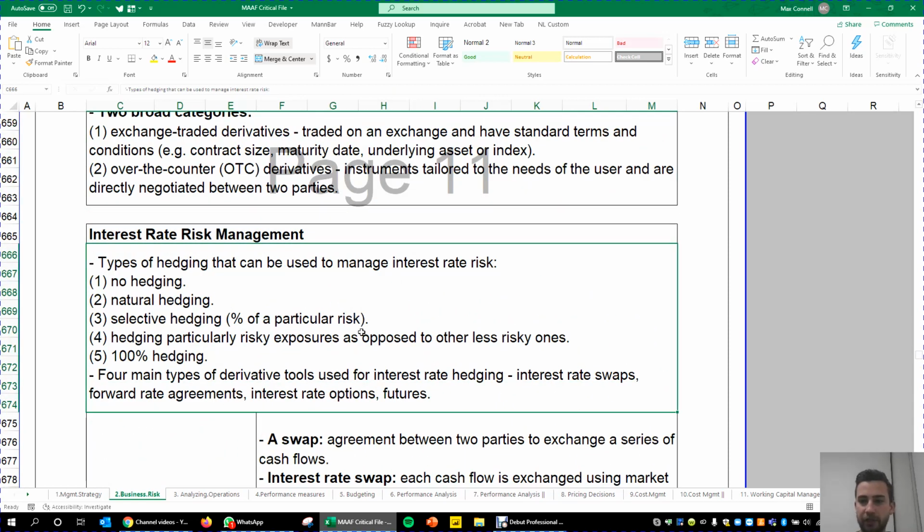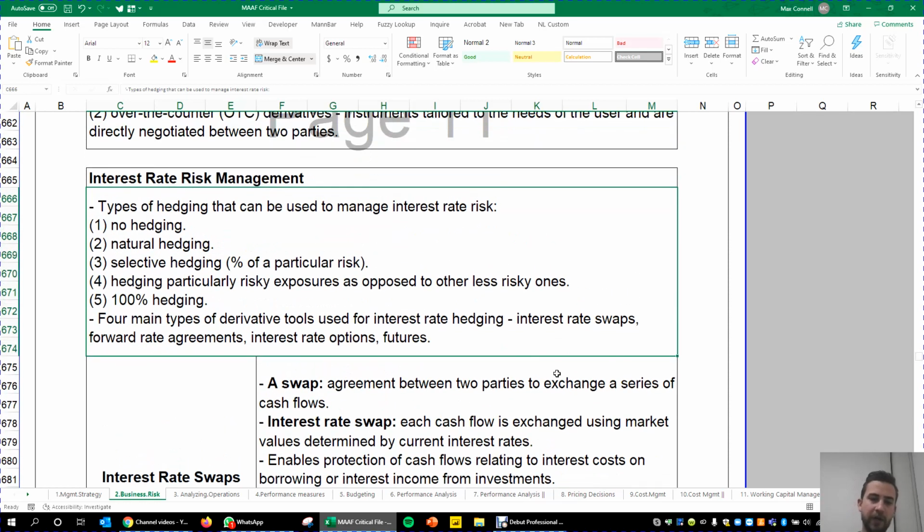So the types of hedging you can do to manage risk is no hedging, natural hedging, selective hedging. So that's basically choosing a percentage of the risk and hedging it. Number 4, hedging particular risky exposures as opposed to less risky ones. So just selecting certain areas in your group, or 100% hedging, which is just hedging everything. And the 4 main derivative tools for hedging are interest rate swaps, forward rate agreements, interest rate options,